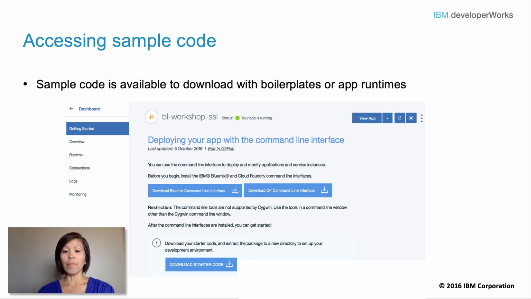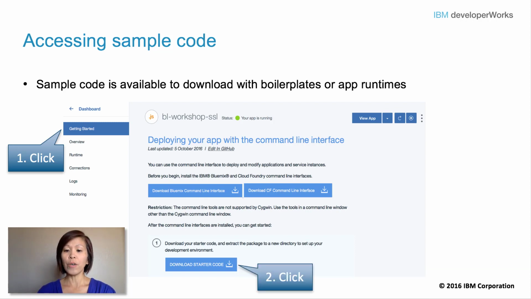this page. And it will usually default to the Getting Started page. From here, you could grab the sample code that has been provided for you so that you can customize it and make the application into a functioning application that you envision. To do that, if you're not already on this tab, click on the Getting Started tab and then click on the Download button. Once you have that sample code downloaded, you could unzip it and then start working with the command line